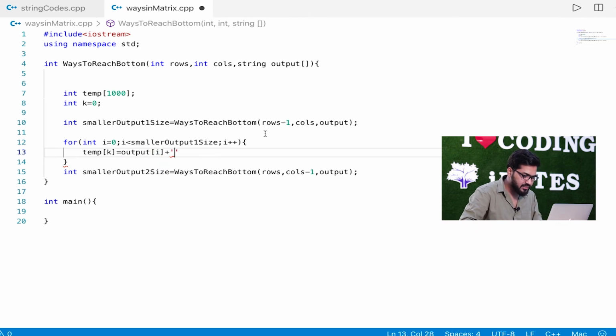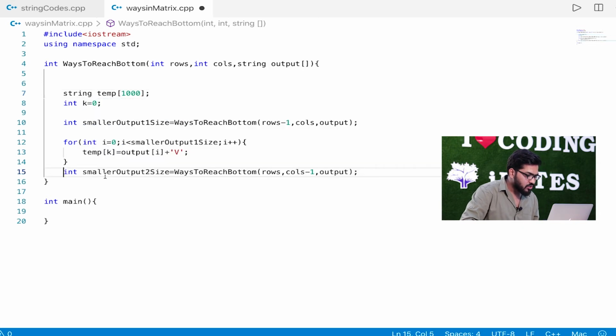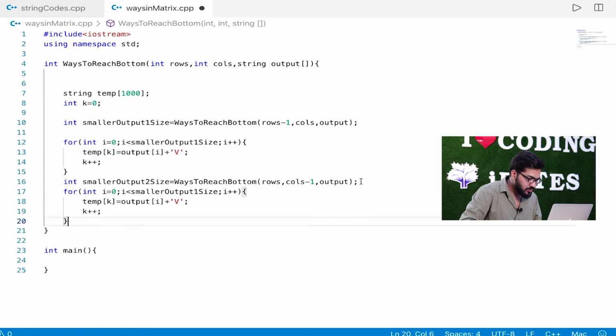So this is what we discussed. In each of them I'll add v. Okay, I should have made this a string array, so I accidentally made it int, so plus v, right, and obviously k plus plus. Then I will do the same thing for this also.